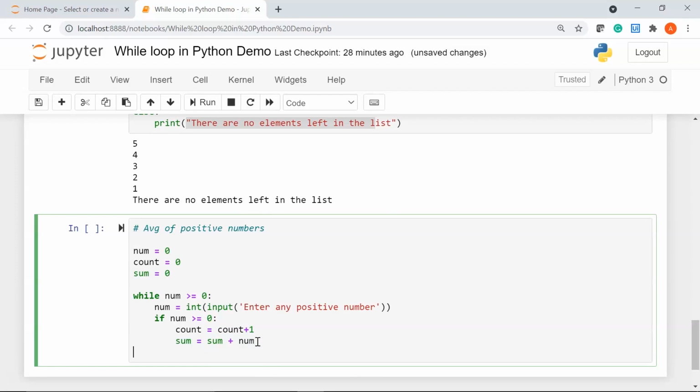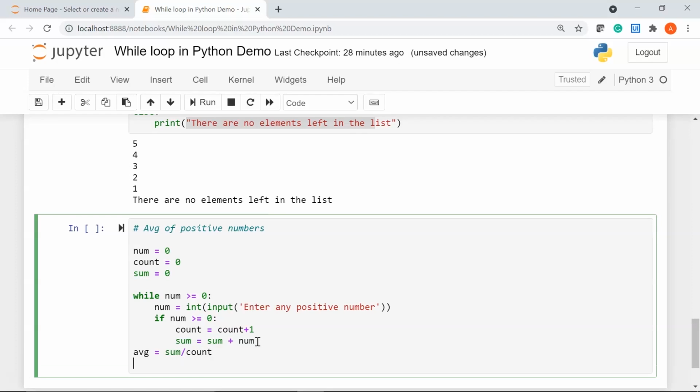Then I'll say AVG, which is to find the average. I'll say sum divided by my variable, that is count.